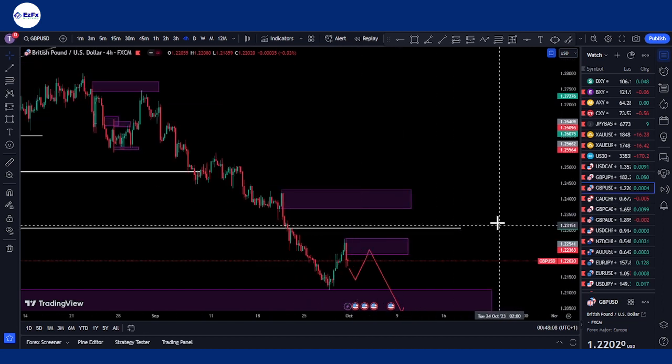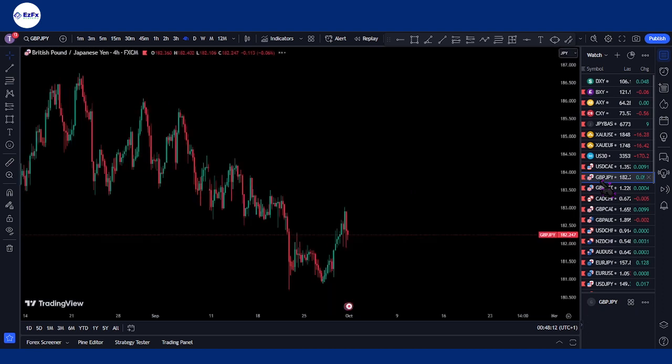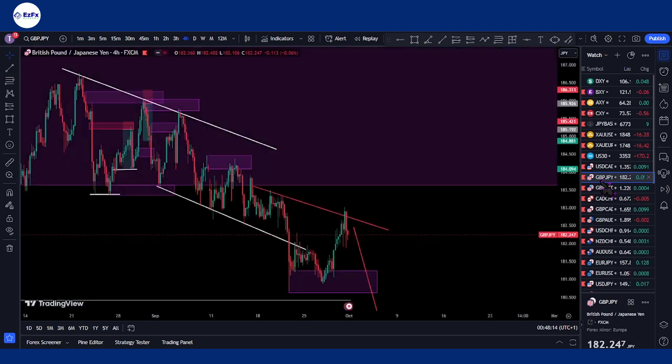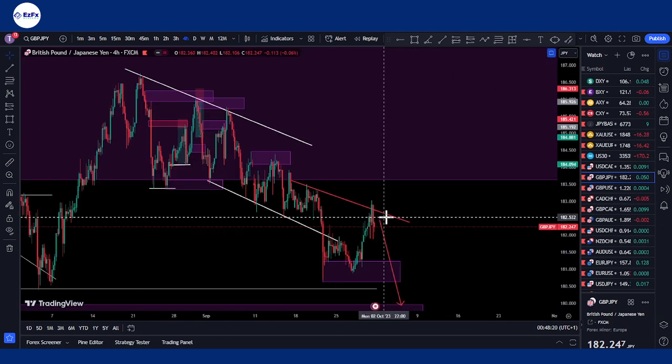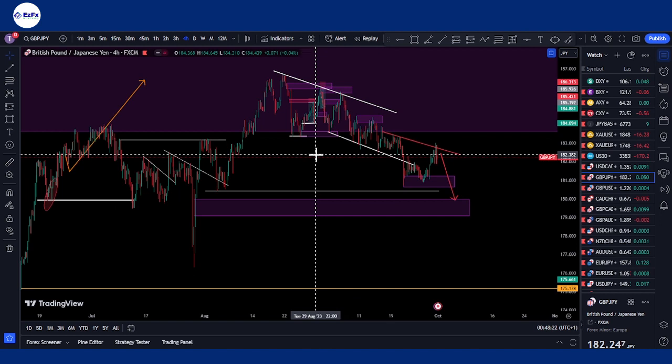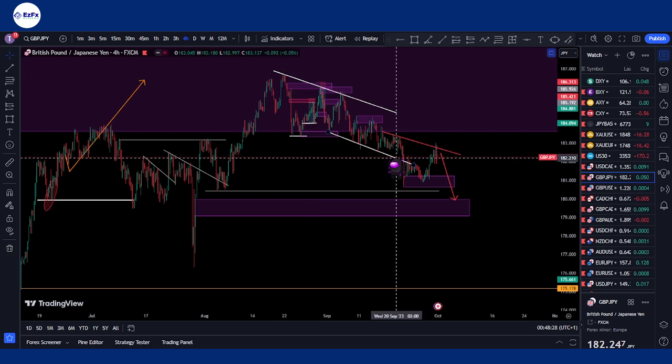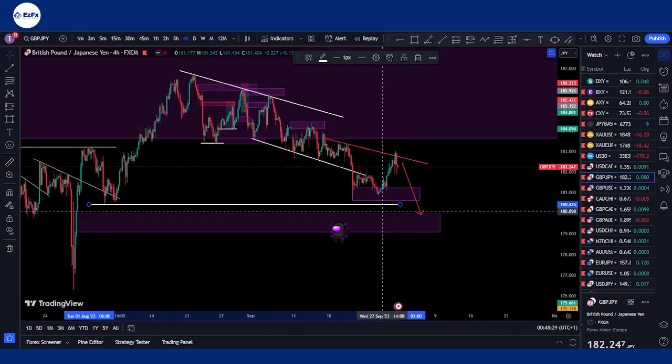But yeah, so I think overall this is what I'll be looking at for GBP USD. All right, so straight up, without wasting time, let's go straight into GBP JPY. Now you can see that GBP JPY has been bearish for the last couple of weeks. We've been seeing that sell continuously happen on GBP JPY. We've seen it break below a few lows, and now we're looking at this, though we have not gotten a break out of this low.